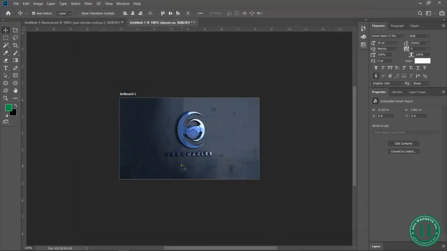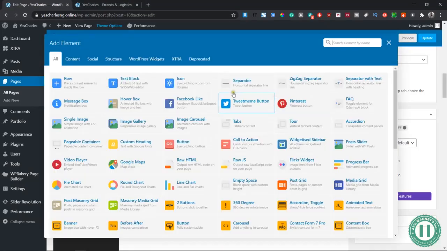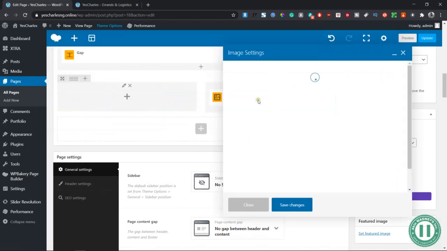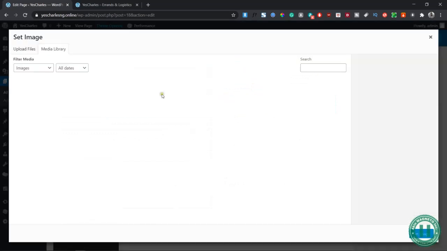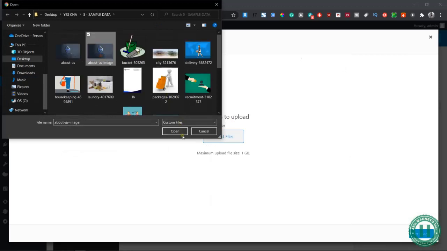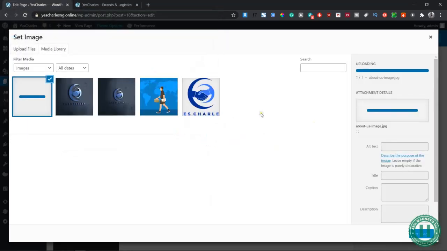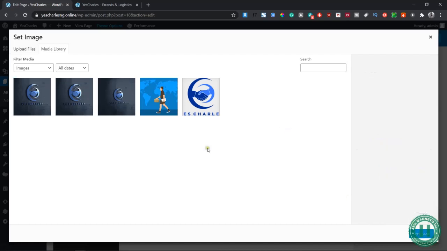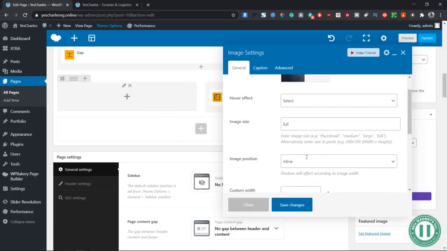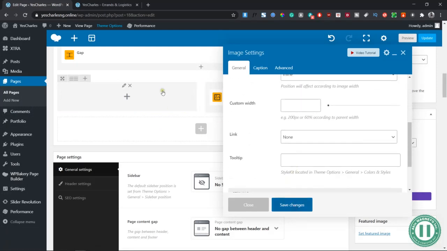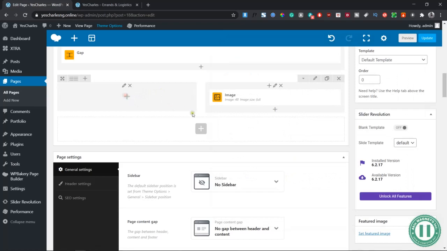Okay, so first thing, add your image here. Single image, customizable image. Fetch the file, about us image, and upload. This is just for SEO purposes, but we are getting there soon. Okay, so now once you do all this, I think we are okay here. So what we need to add here is